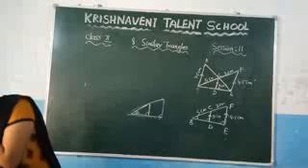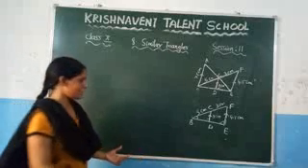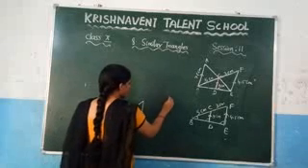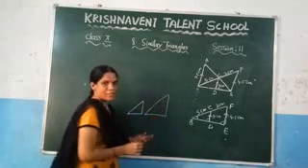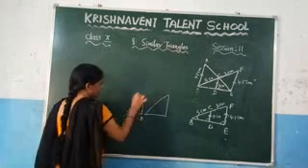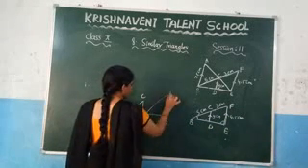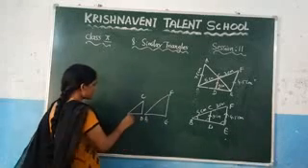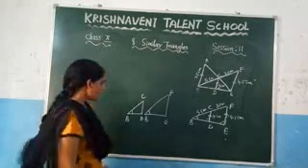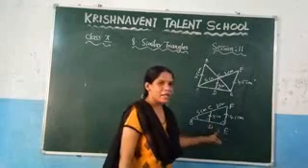Similarly, if you consider these two triangles, you can apply angle similarity. You can check it here. This is the smaller triangle and this is the bigger triangle. I am again drawing separately here. What is the smaller triangle? BDC. So write it here BDC, and what is the bigger triangle? BEF. So write it here BEF. So here you can observe that angle B is equal to angle B. Why? Because they are the common angle. And after that angle D is equal to angle E. Why? Because the corresponding angles are equal.